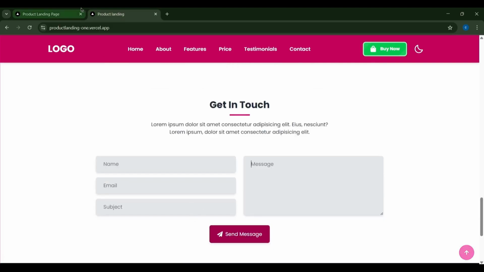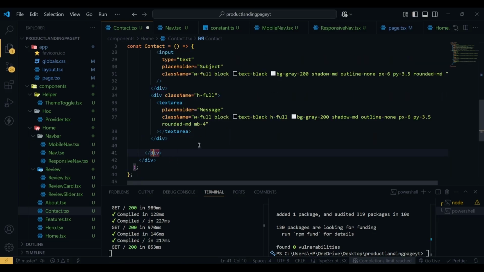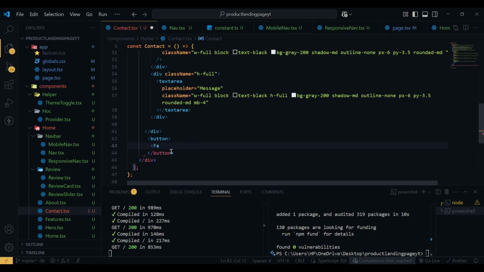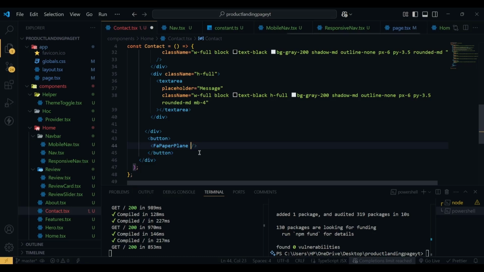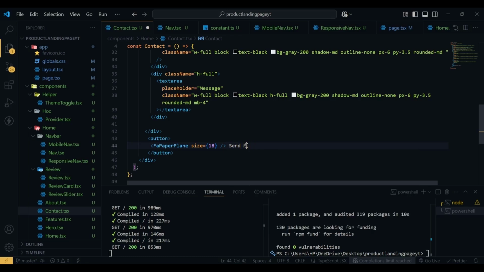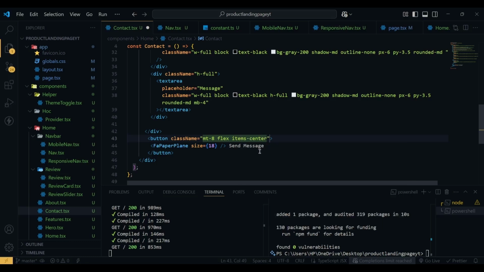So next we have this send messages button. So let's go to our project. After this div and completing this div, we are going to have a button, and inside this button we will have a FA paper plane, and the size will be 18, and then the text send message, and this button will have a class name of margin top of 8, flex, items center, gap 2,